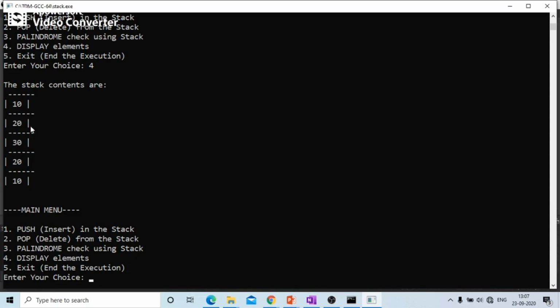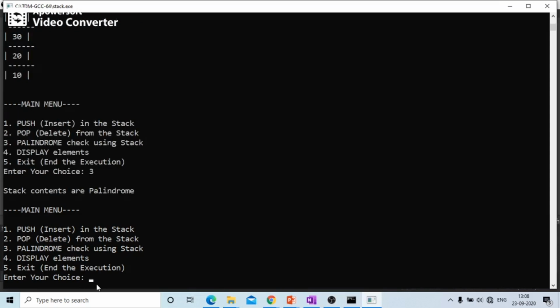So it's 20, here also 20, here 10 and 10. So this is nothing but a palindrome kind of elements. So I will check by applying the third option. It tells stack contents are palindrome.